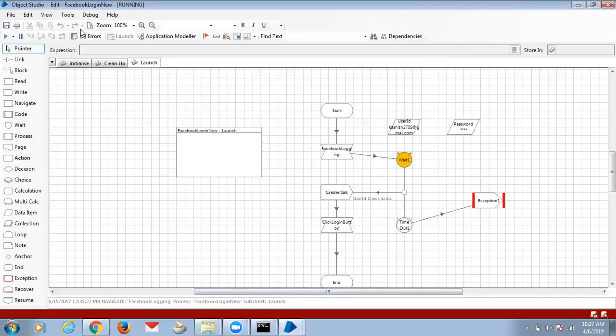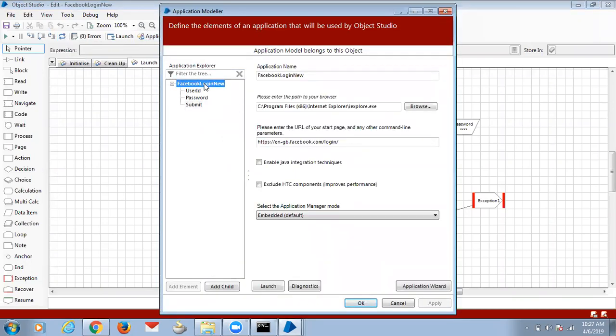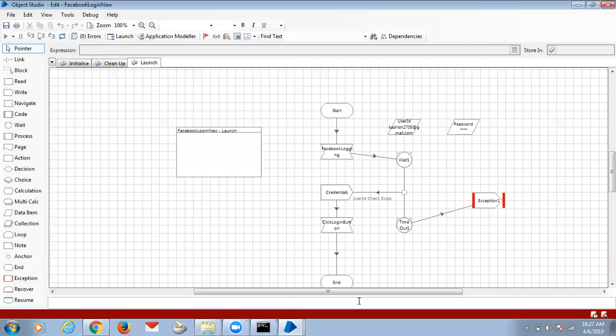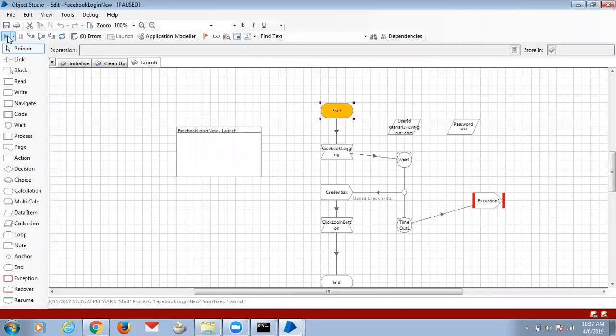Now this project already hangs and it will not work unless I restart this Object Studio. So we'll start the process, so that if that pop-up is not coming, then it will run properly.